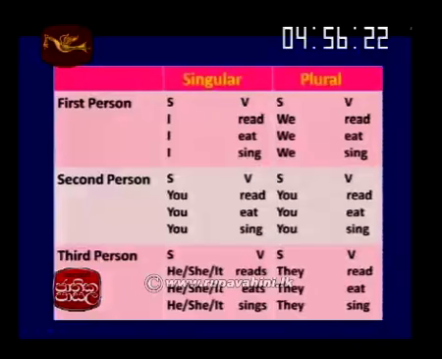Right. Let us move on to the next slide so you can see how the three persons, first person, second person and third person and singular and plural form used. Yes. We always use I is always the first person as you can see in the slide. So with first person, as we said earlier, we always use only the verb. In present tense, we always use only the verb.